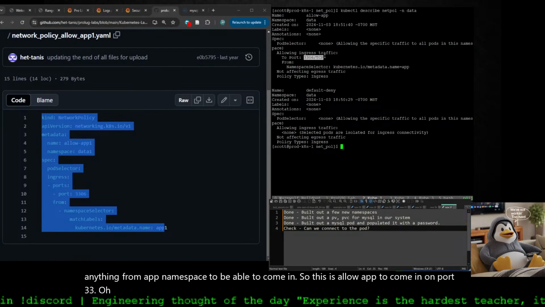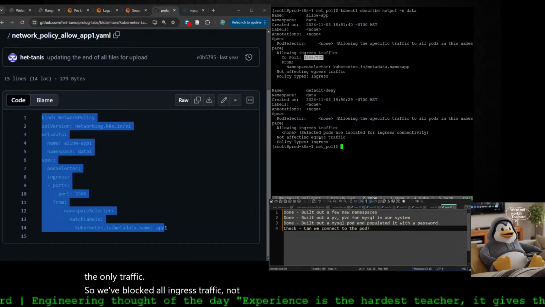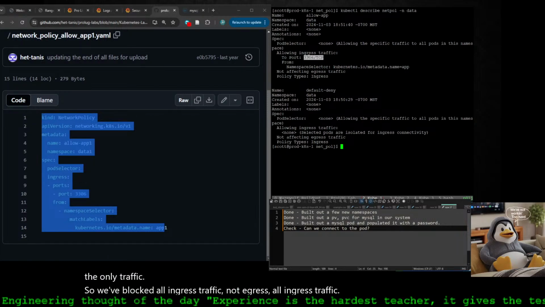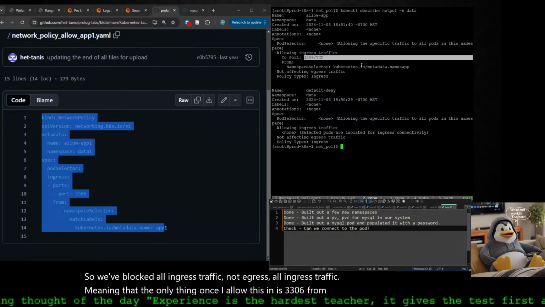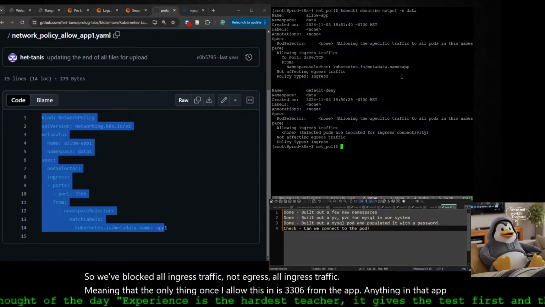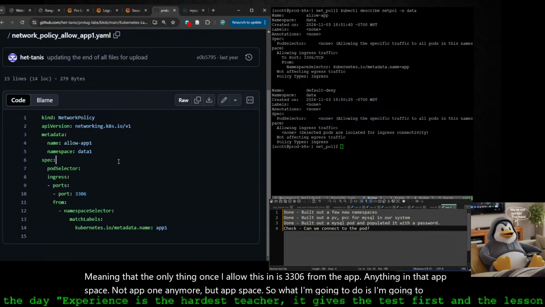So we've blocked all ingress traffic, not egress, all ingress traffic, meaning that the only thing once I allow this in is 3306 from the app, anything in that app space, not app1 anymore, but app space. So what I'm going to do is start to build out an application in my